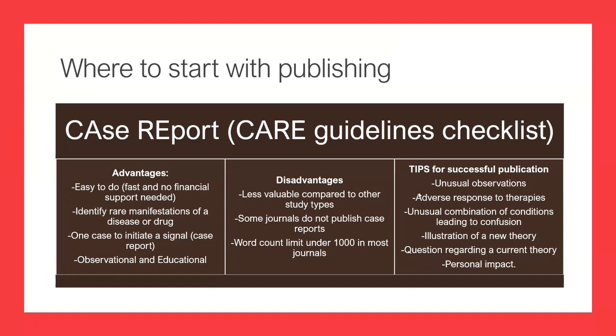Okay, tips to successful publication. Look for something unusual. If you find any unusual case, unusual medicine, unusual clinical presentation of a disease, for example, if you see a patient with TB and they come with pericardial effusion, that's a bit unusual, and you can publish it. If you have given somebody aspirin, and you have never seen rash associated with aspirin before, and this person comes with quite a nasty rash all over, you can publish it. All you need is some pictures of it.